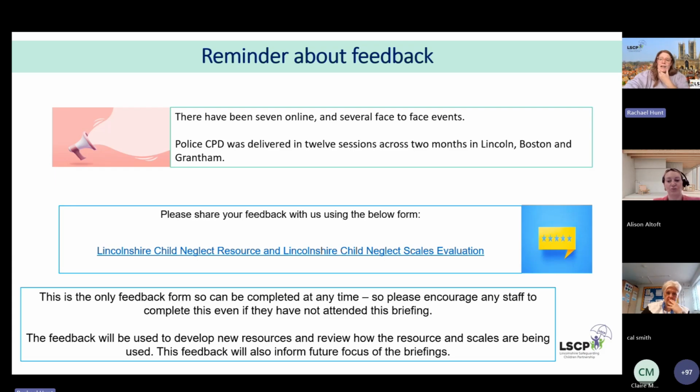As well, we have approached taking feedback on this slightly differently, because we don't have a training course specifically associated with it. Usually we'd ask for evaluation on the course, look at that, and make developments. What we've got for the resource, the scales and our briefings is one key evaluation where we pull together all of the themes. Since the launch, which was December 2025, we've only had 31 people fill it in.